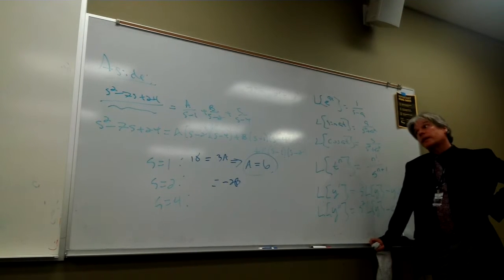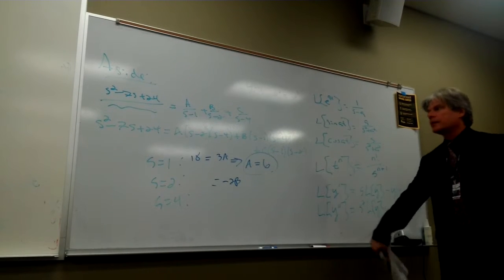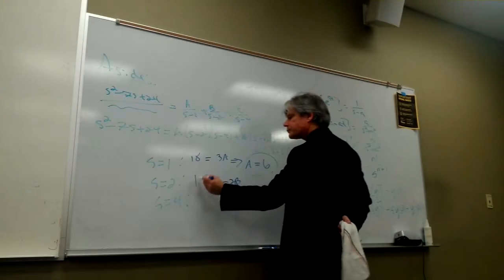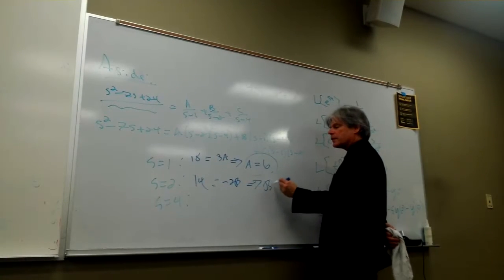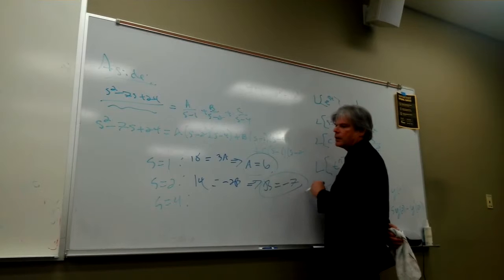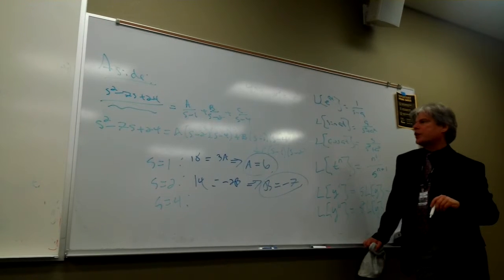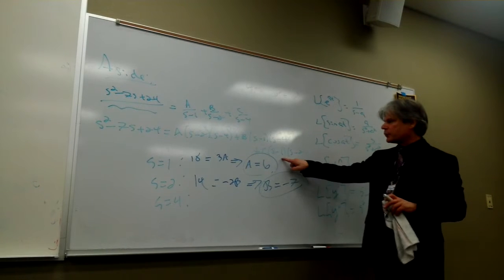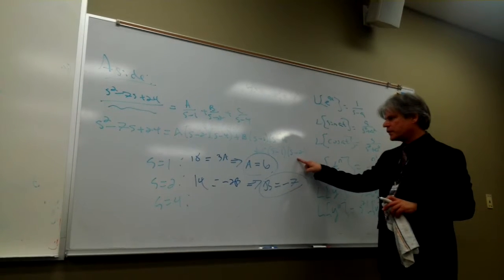On the right-hand side, however, jeepers, what do I get? 14. Yes, I get a 14. Which means b is going to be a negative 7. And finally, s being equal to 4 drops out the first and second groupings on the right-hand side. But that leaves me with a 3 times 2, which is 6c,